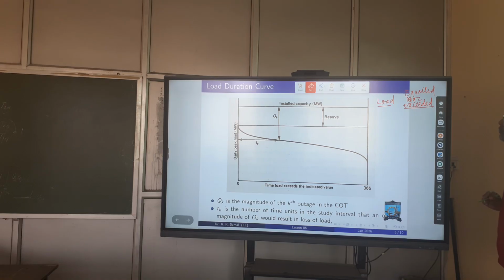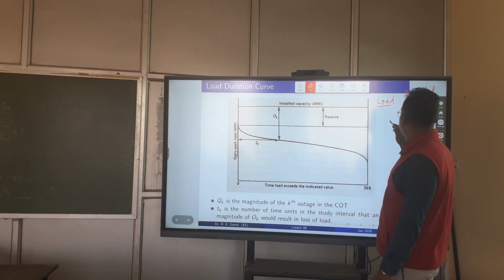Number of load equal or exceeded. For example, to start with,